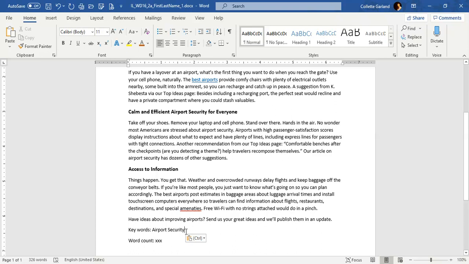Number 8, in the third body paragraph. Now it's telling you again where to look. Take off other suggestions. That's this one. So I'm looking in this paragraph. Convert the text article in the last sentence to a hyperlink